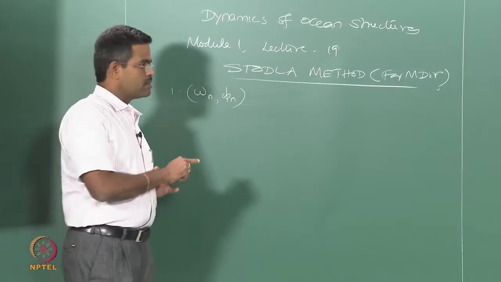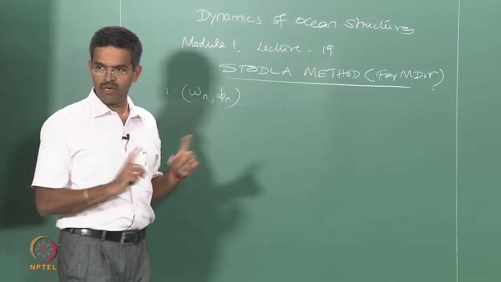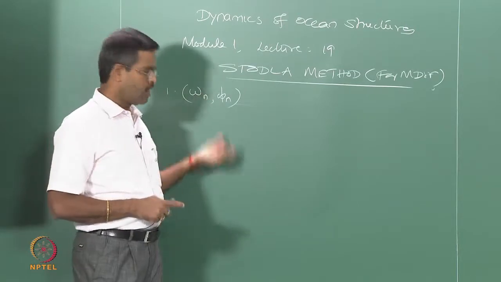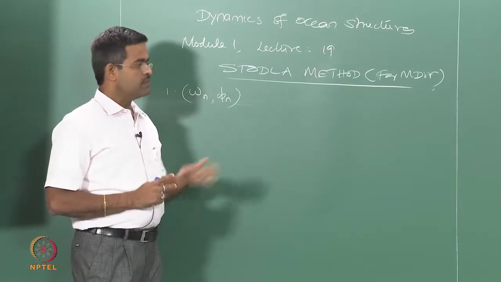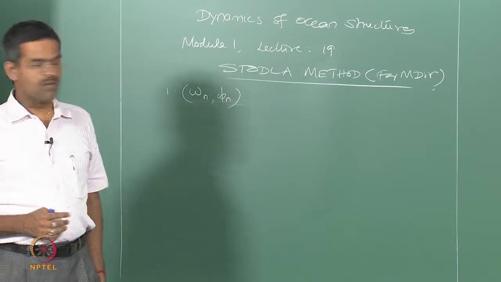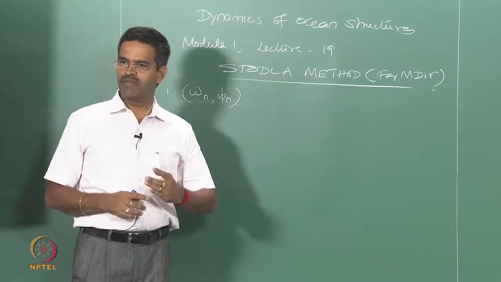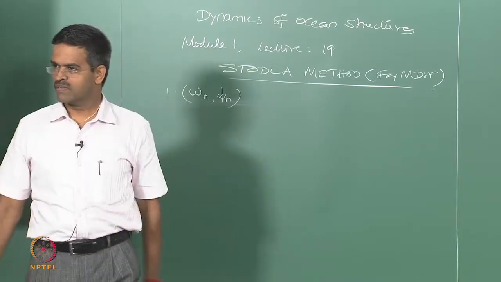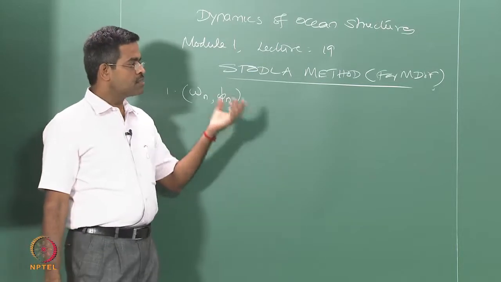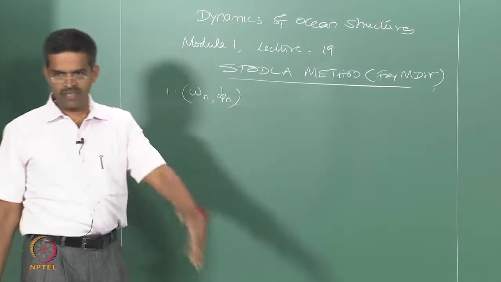And in this class I will pick up an example and demonstrate that I will solve the problem by all the 3 methods, namely Stodola, which I will explain here, influence coefficient method, which I will again explain, and Dunkerley method. You will see all of them are highly comparable and get the same answer in all the 3 cases. So, this method is very interesting, easily computer programmable. It is not problem specific, it is highly generic.